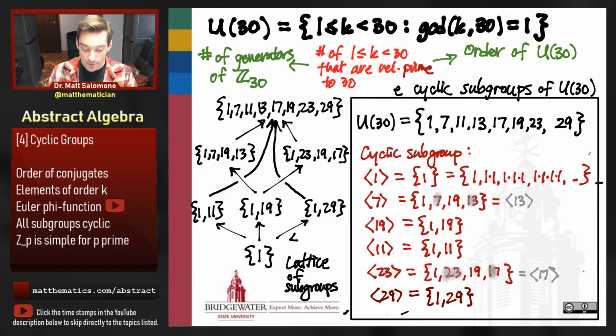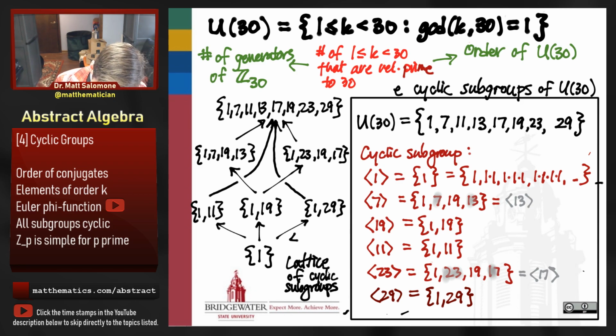That one way of arranging all the information that we might have about subgroups is just by using a diagram like this one. So this is the lattice of cyclic subgroups of U30. But notably, we listed all of the 1, 2, 3, 4, 5, 6, 7, 8, all of the different cyclic subgroups generated by the various 8 elements of U30, and none of them had more than 4 elements in it, right? The biggest cyclic subgroups we got were the ones generated by 7 and 13, and the ones generated by 17 and 23. None of these cyclic subgroups gave me the entire group.